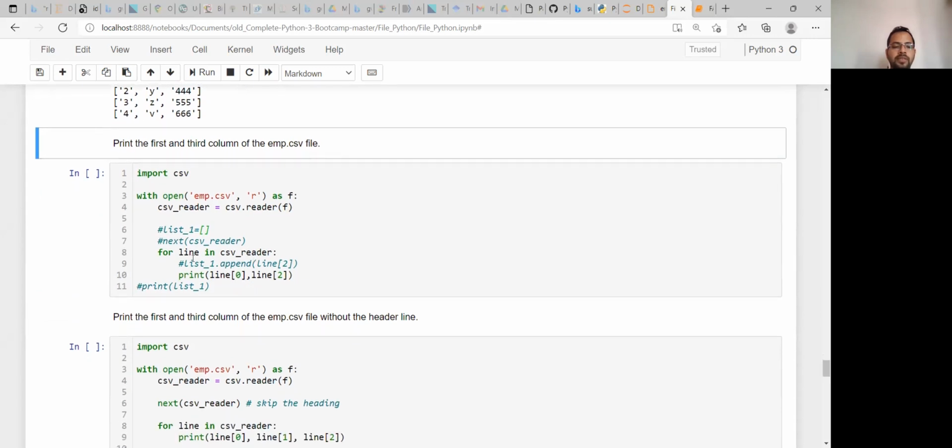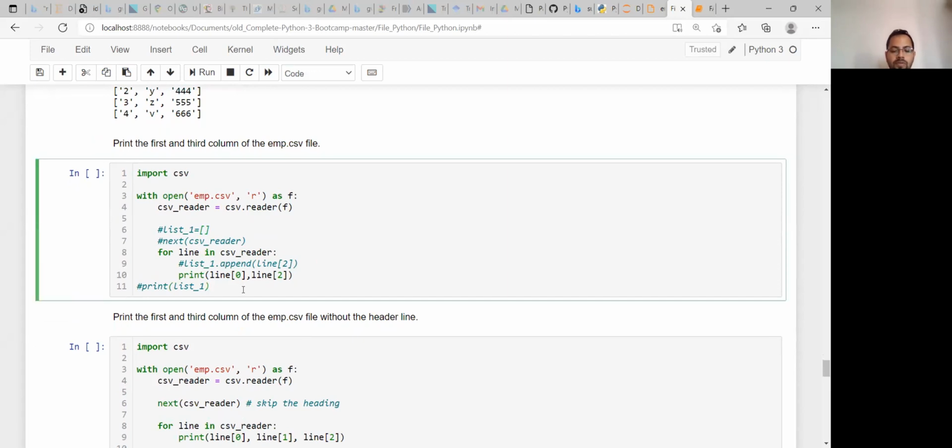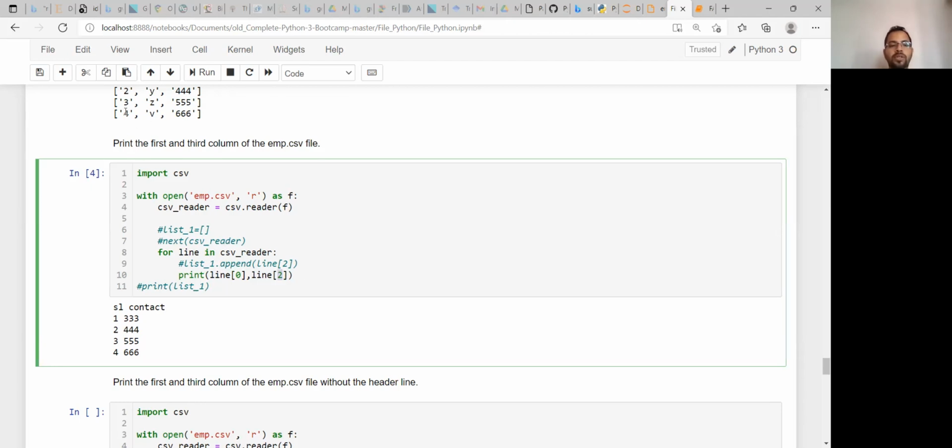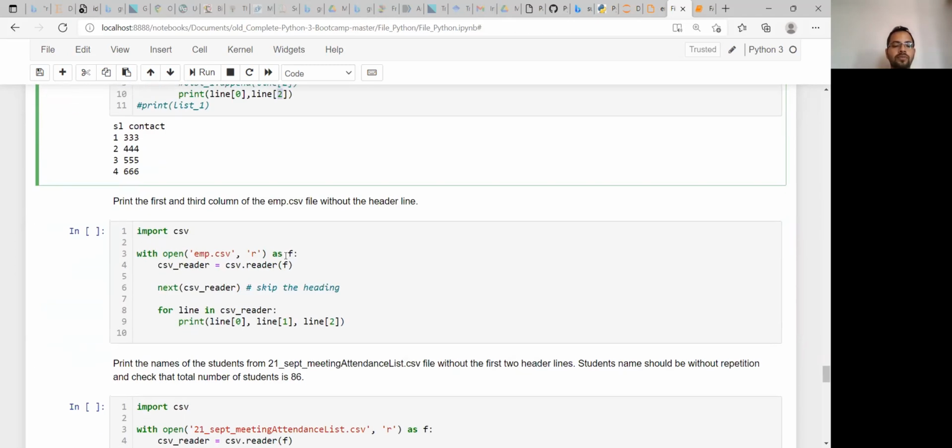There are different examples given here. Here we are taking only the first column and the third column. We print line[0], the 0th entity, and line[2], that means 0, 1, 2. So the first column and the third column are printed.